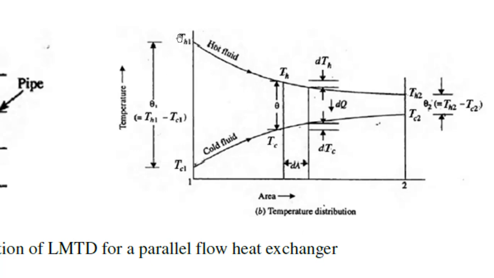So initially there is a temperature difference which we represent by theta1, which is Th1 minus Tc1, and at the end of the heat exchanger there is a temperature difference theta2 equal to Th2 minus Tc2. Now we are going to take an elemental area within the heat exchanger of, let's say, an area dA. At the inlet the hot water temperature is Th, cold water temperature is Tc. The temperature difference can be denoted by theta, and we are moving a distance dA, and there is a change in temperature of dTh and dTc for the hot water and the cold water respectively. Let the heat transfer happening there be given by dq.